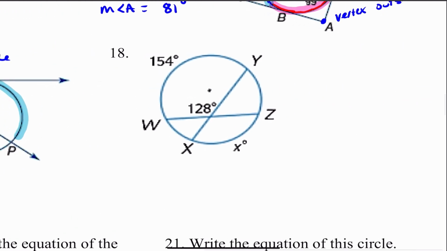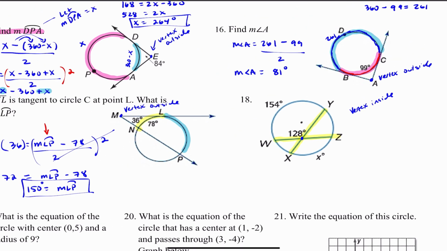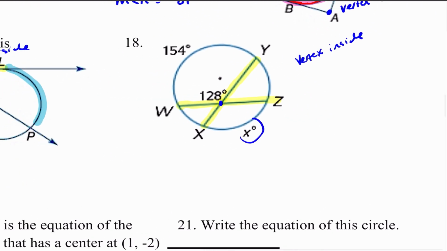Number 18, we have two chords and they intersect at this point. The vertex is inside of the circle. So then what do I do? I gotta find x, which is right there. I'm given an angle. It's the top angle. That means I have to look at the top arc and the bottom arc, add them together, and divide by 2. Okay? So the angle, which is 128, is equal to the top arc